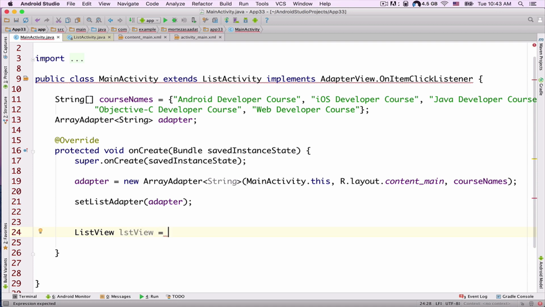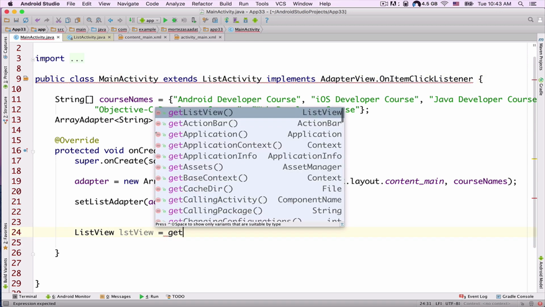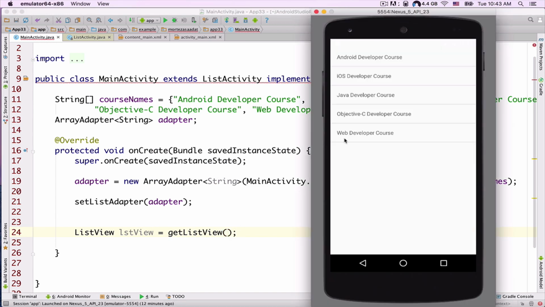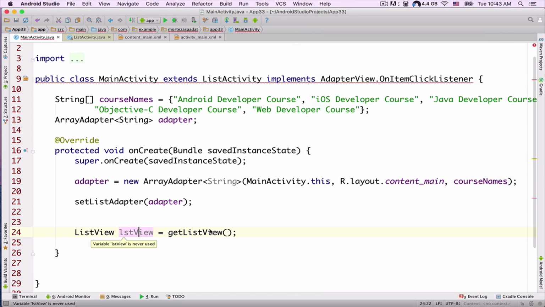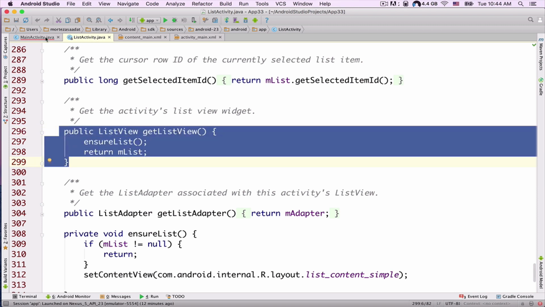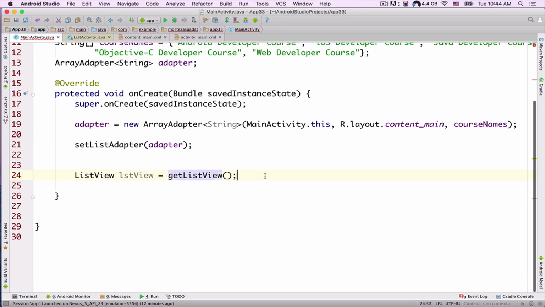Then I want to call a method that we inherit from this ListActivity class. After the assignment operator, just type in getListView. This method is going to get the list view of our application, and then assign that list view to this object listView. If I hold the command key and click on this method, you can see this method is inside this ListActivity.java file. Let's go back inside this MainActivity.java file, and after this line of code in line 25,